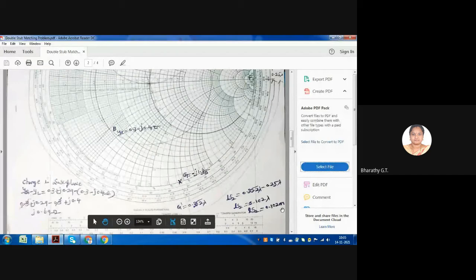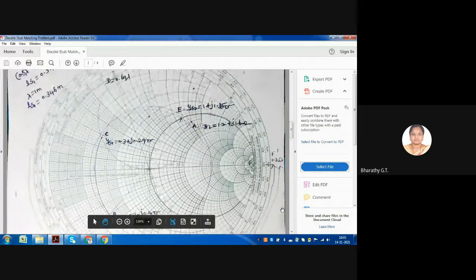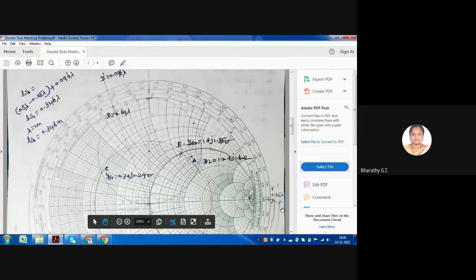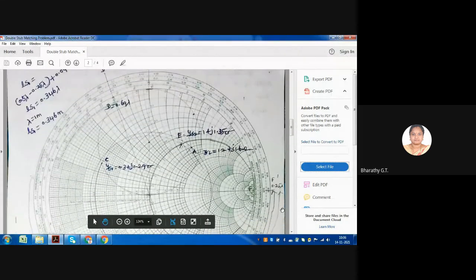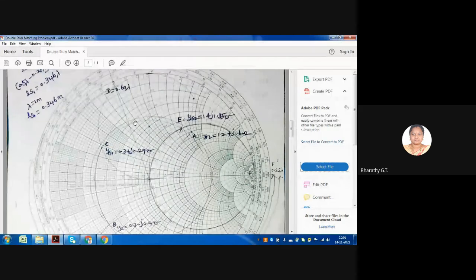Any doubts? Any doubts in this problem, ma? It is exactly similar to what you have seen in the previous problem. The only thing is, instead of drawing the unit G circle next to, that is on the left-hand side of, your unit R circle, here we have drawn it on the top. Any doubts?